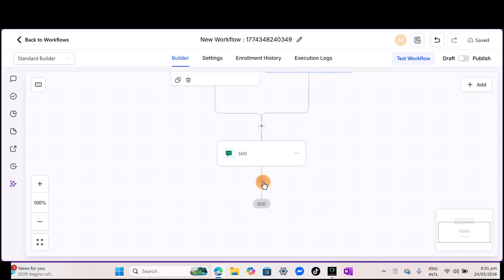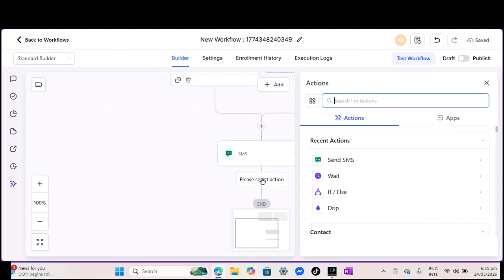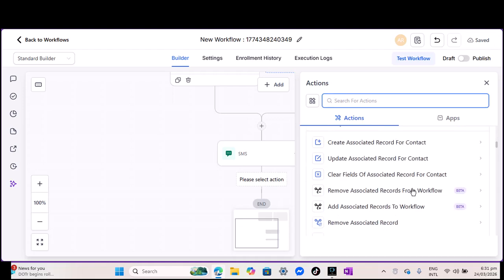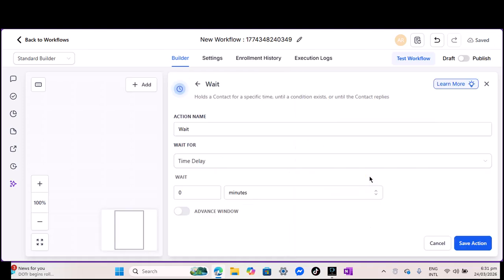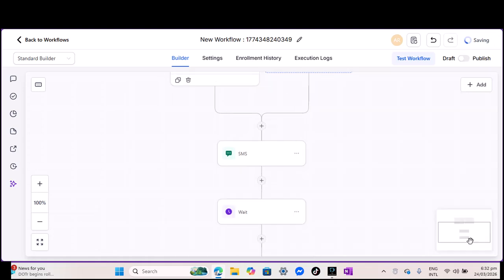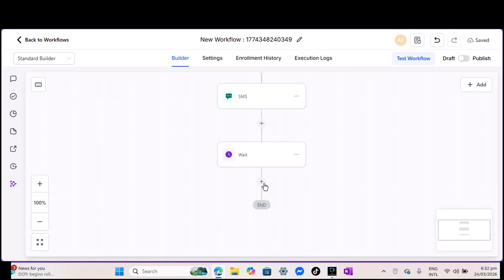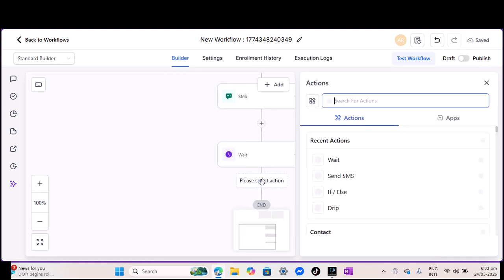After that, plus go to add a wait for 1 day. Then save action, another one,